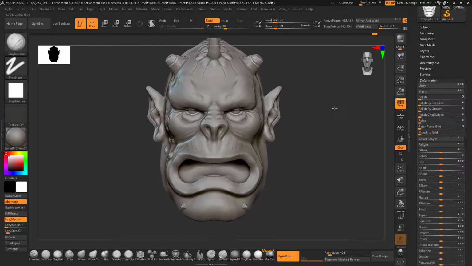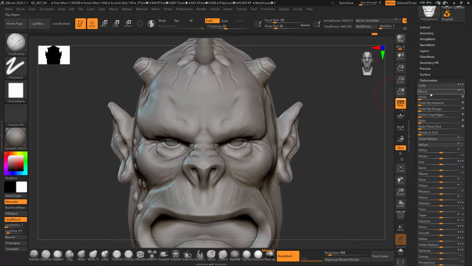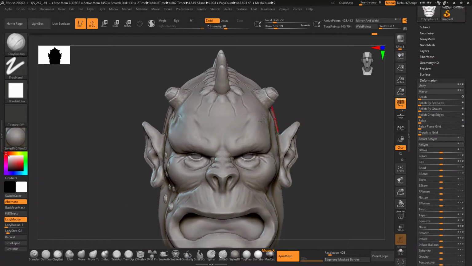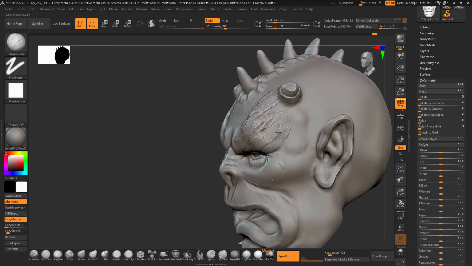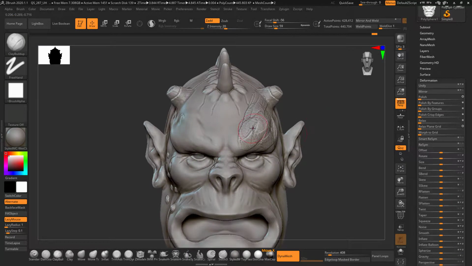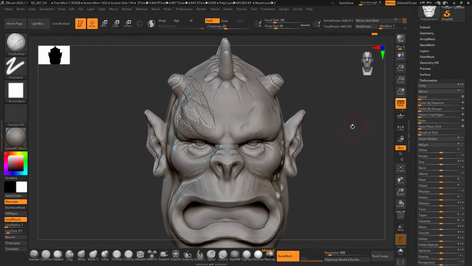Right? One more thing is mirror. So basically sometimes you have some object, some part of the body, and you want to just mirror it on the left side. So you want to just flip or mirror it. You simply click on it and it will just mirror it to the x-axis.